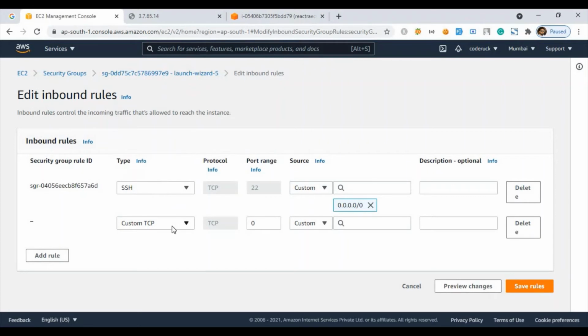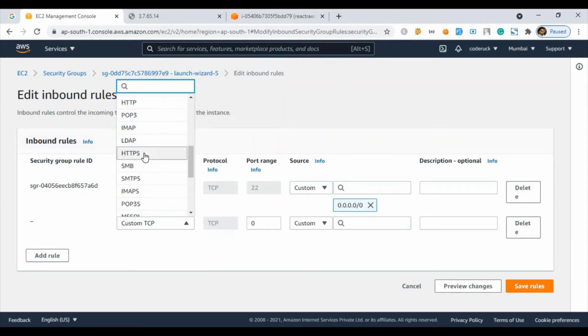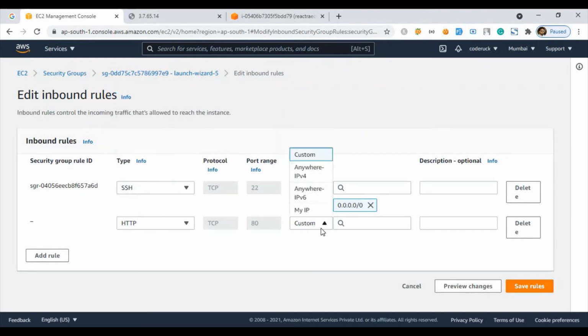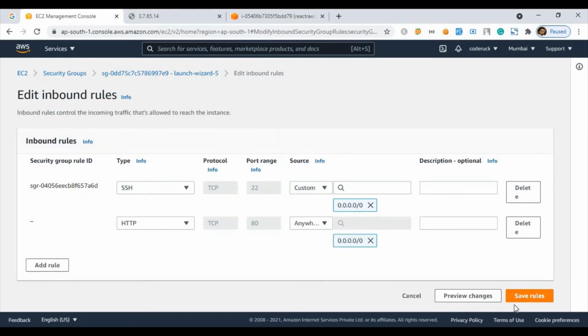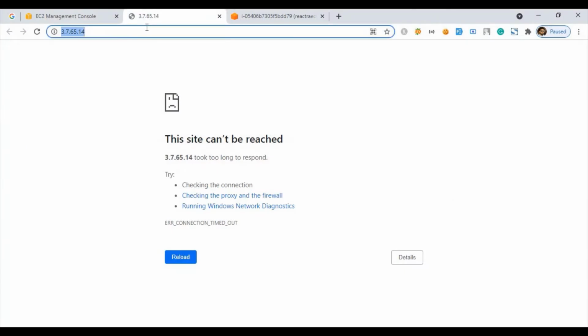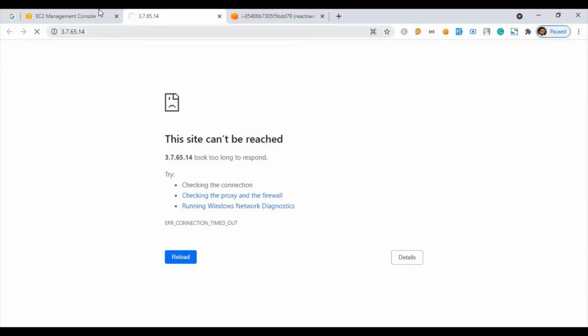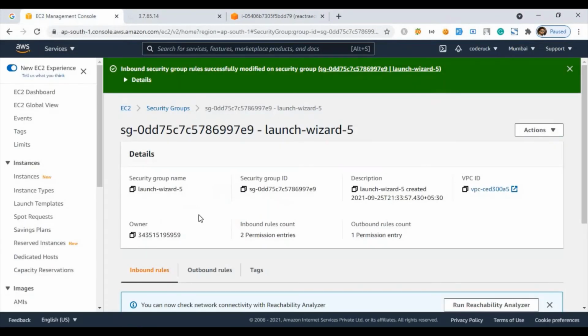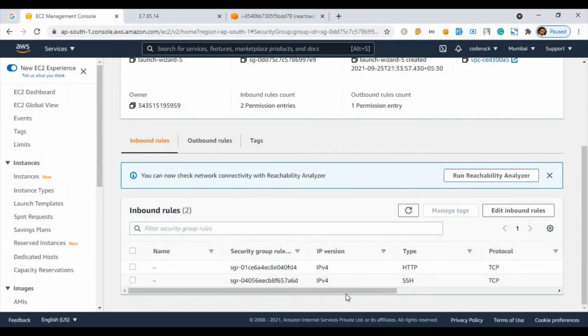So it will be HTTP, IPv4, anywhere, save rule. Once we are done with this, and if I just go TCP port 80,